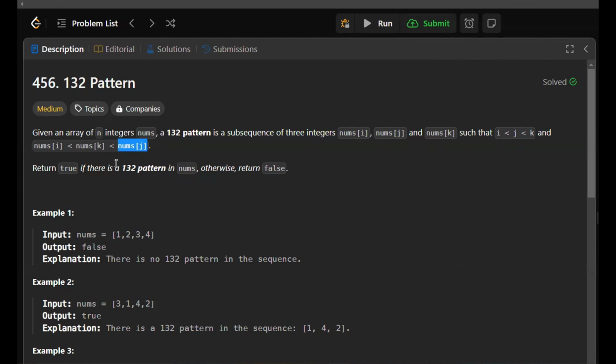So if our given integer sequence has this specific pattern, we have to return true, otherwise we have to